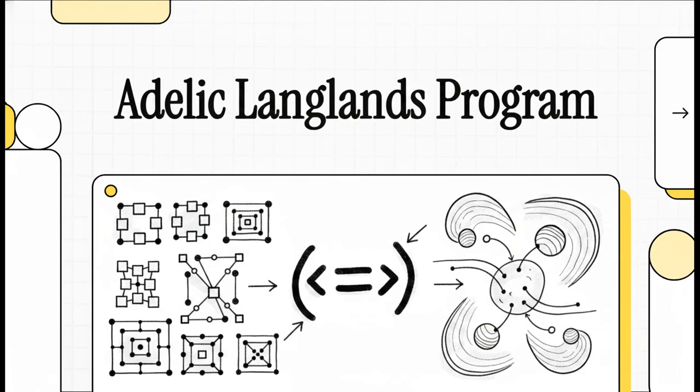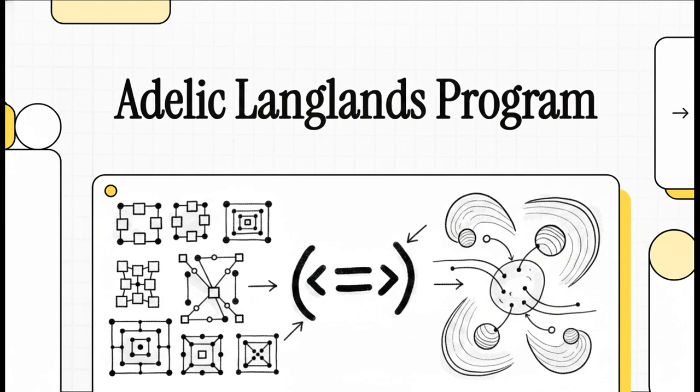Welcome to this explainer. Today we're unpacking something absolutely mind-bending. We're diving into a mathematical framework that actually unites the discrete, chunky, combinatorial logic of number theory with the continuous macroscopic spacetime that we live in every single day. If you've ever wondered how the fundamental code of reality generates the physics we experience, well, you are in exactly